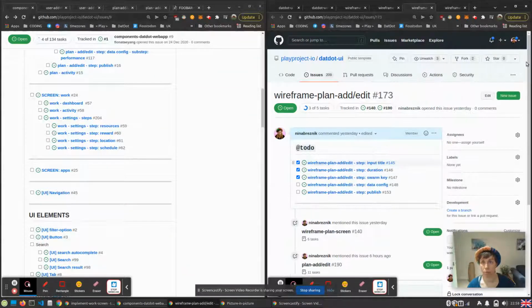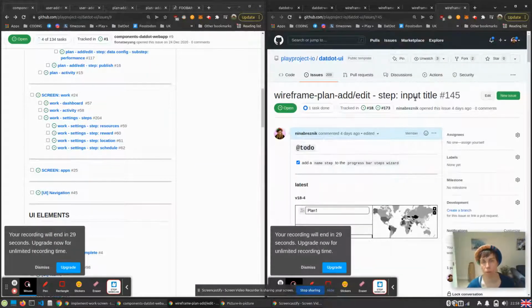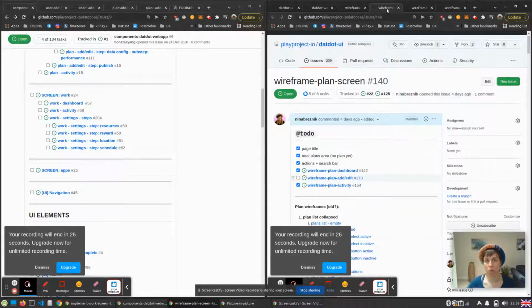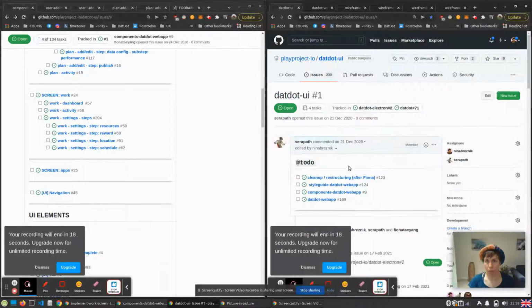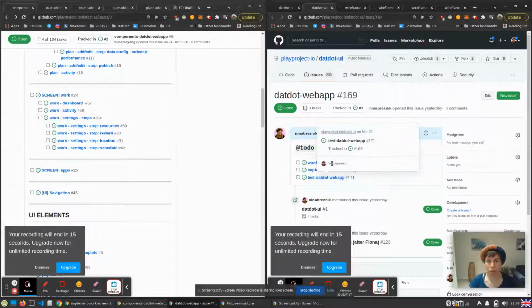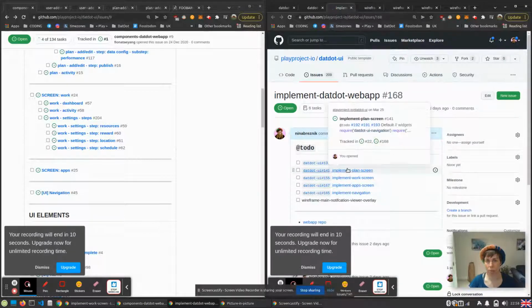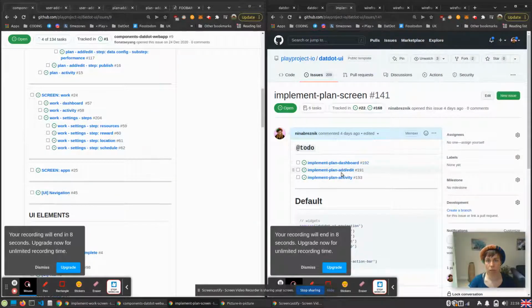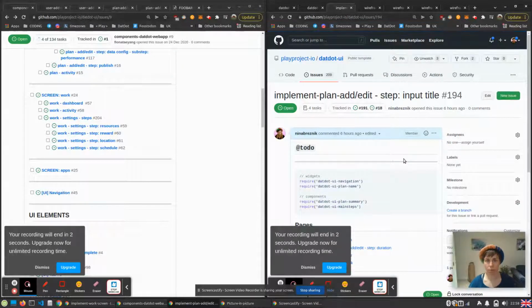And for each of them, we of course have the results. Here it's not available, because we have the wireframe for the subcomponents. For this one, it just doesn't exist yet, or maybe it never will, because we have those subcomponents. The same goes for the implementation. We can just go and check all the implementation issues, and then the sub-issues, and so on. So this is the current